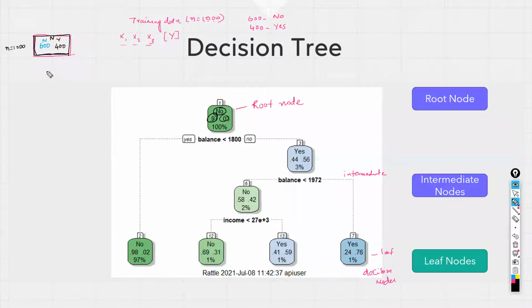Next, we want to split these observations into two smaller nodes. Why only two? We can split into more, but CART works on the principle of binary partitions. We would all the time create two partitions from one node. So it purely works on binary partitions. There are other tree algorithms which work on non-binary partitions, but CART purely works on binary partitions.